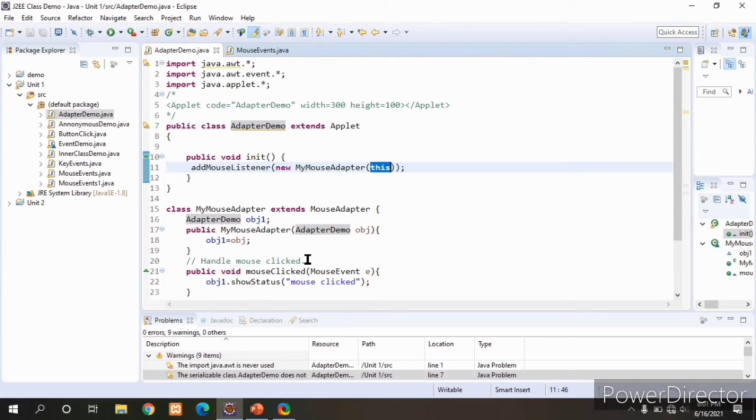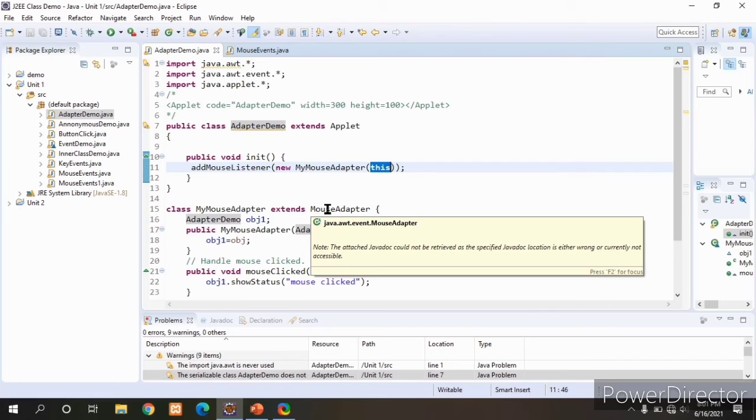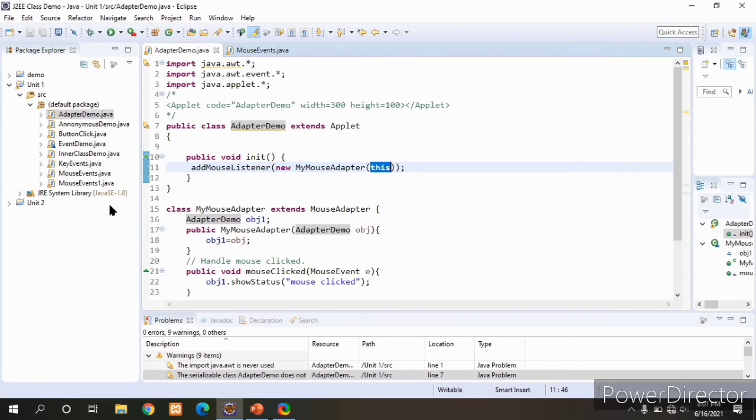Here mouse adapter is the adapter class which is defined for the mouse listener interface. Now my mouse adapter is able to override all the methods which are defined in the mouse adapter class. With classes, it is not compulsory to override all the methods which are defined.